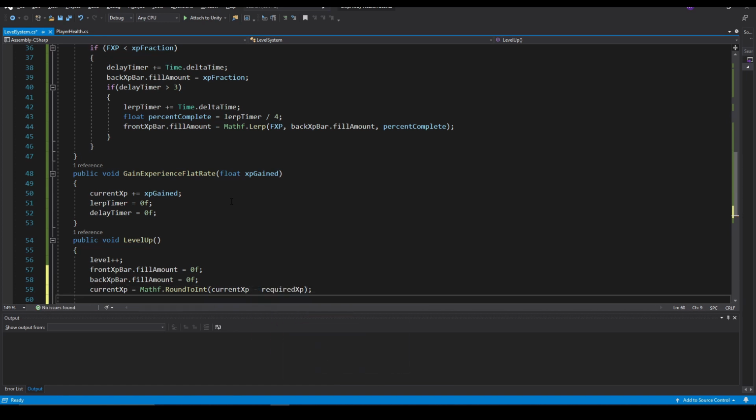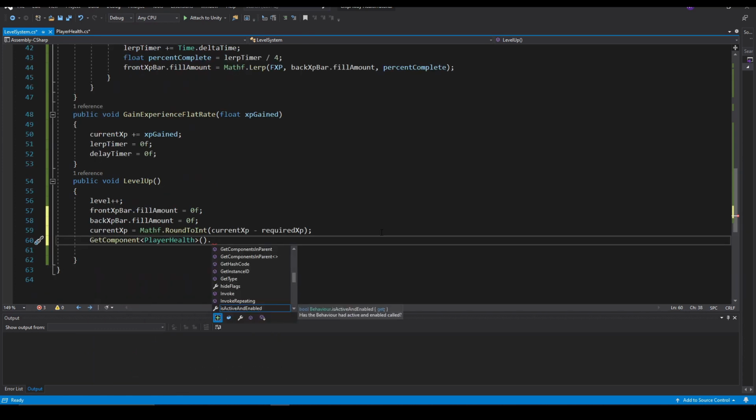And finally, if we want to gain any skill points or alter our player's attributes, we can do that here. For this video, I'm just going to increase the player's health. So we'll create that on the player health script and we'll call that function here. The player health script lives on the same game object that this is on, so we can just type in get component player health, and then we'll call the increase health function,